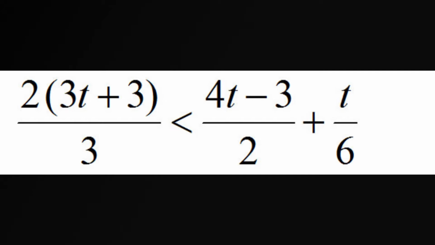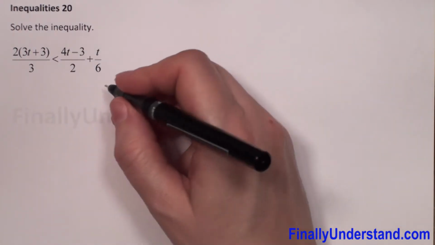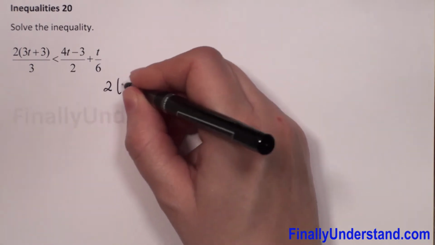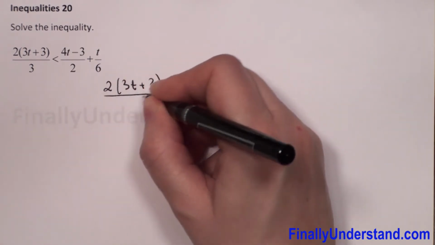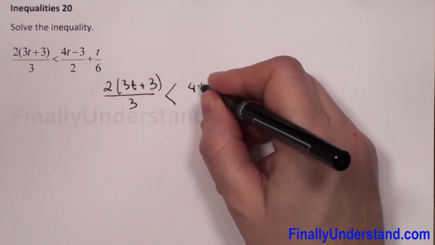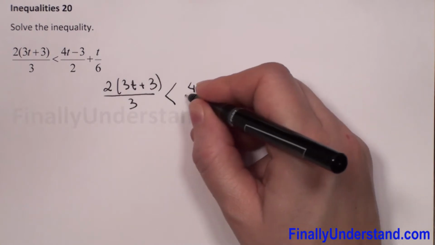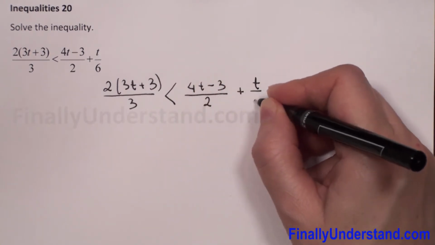We have the next inequality. To solve it, we have to find all possible values of t for which this inequality is true. Let me copy this example first. I have 2 times (3t plus 3) over 3 is less than (4t minus 3) over 2 plus t over